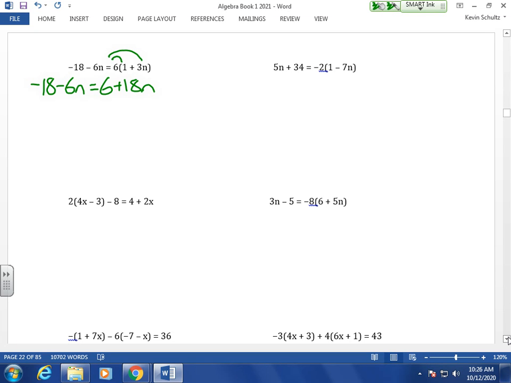Not 12 greater. Think where negative 6 is on the number line. Think where 18 is on the number line. Negative 6, 18. How far away are those numbers? 24 away. So you could just go ahead and say negative 18 equals 6 plus 24n,